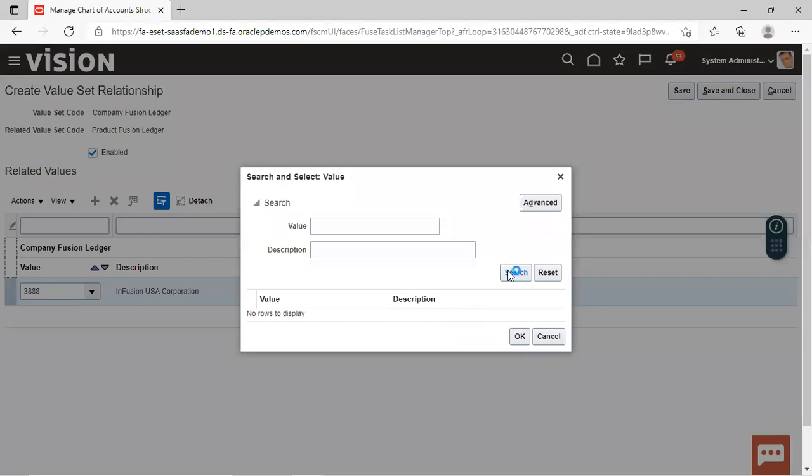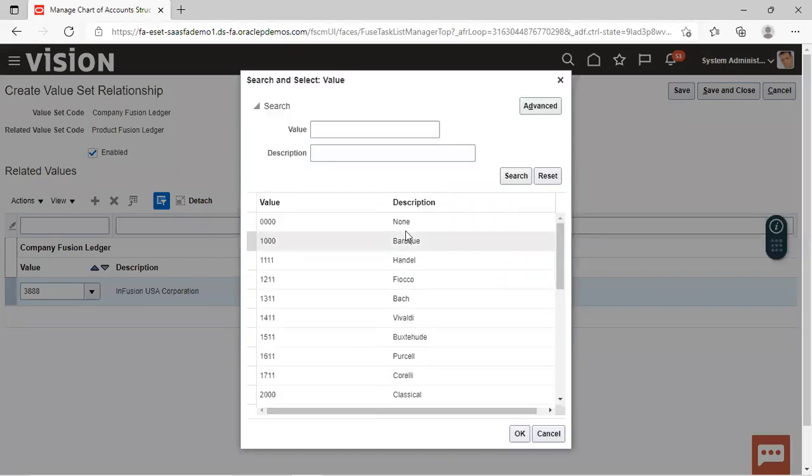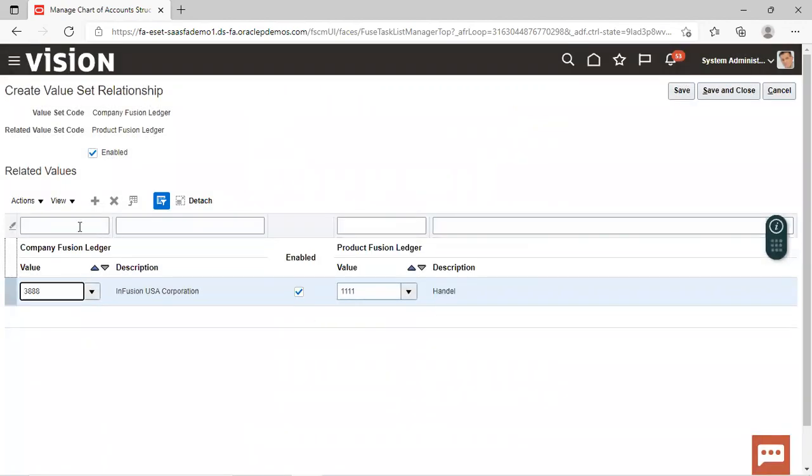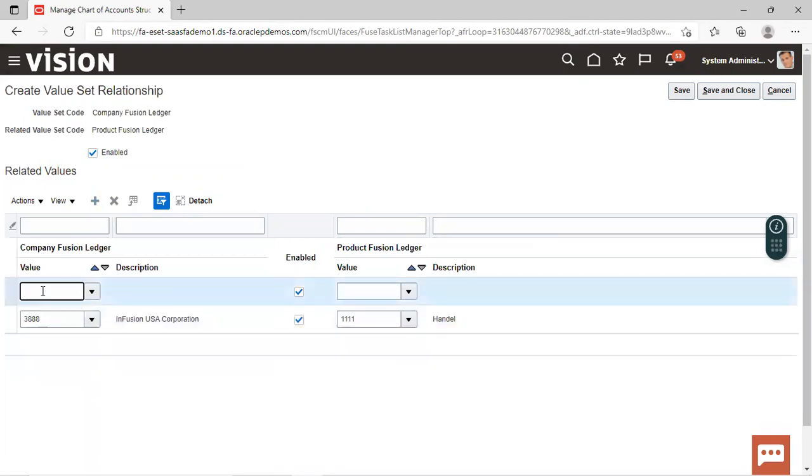You will click on the search, so all the values which you have assigned to this product segment will be available. So over here we are selecting 4 times 1. Then we'll click on add, and all the products which are related to this company segment, we can specify over here.